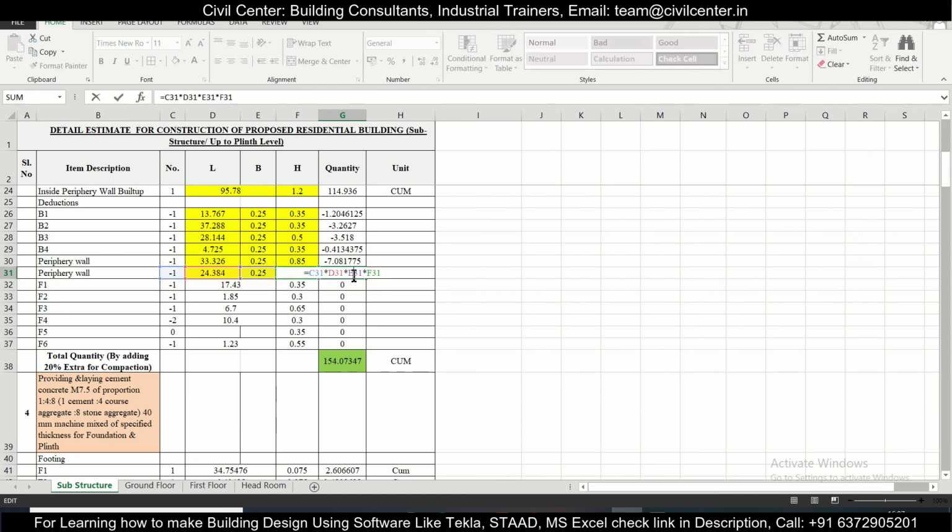This will give us, so this is the multiplication here, C31 into D31 into your E31 into your F31. So this one is 8, and this particular portion will just unmerge it. Same for the others as well. It was a mistake. Just unmerge this,